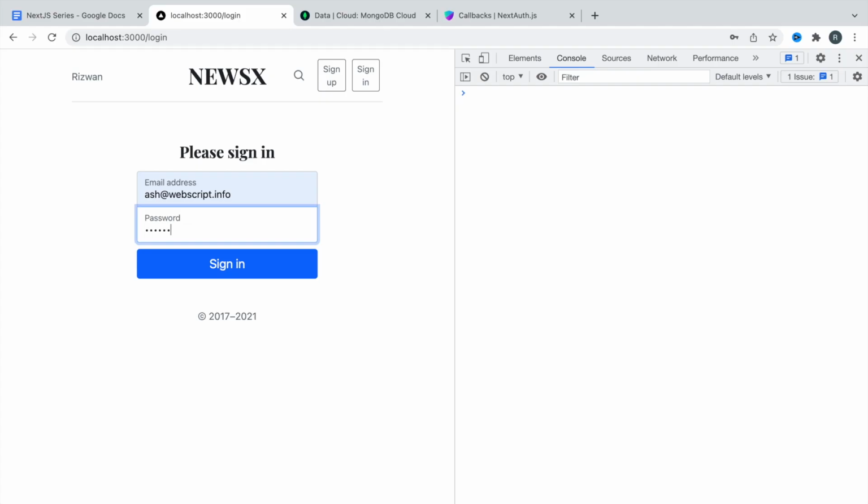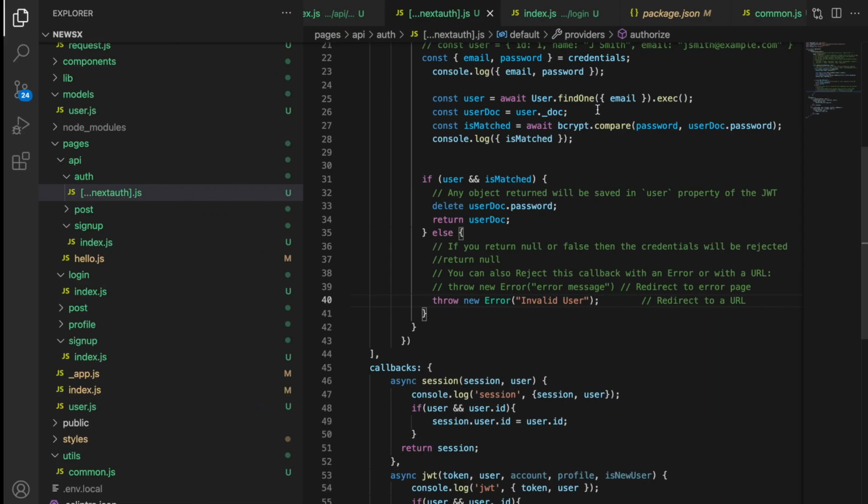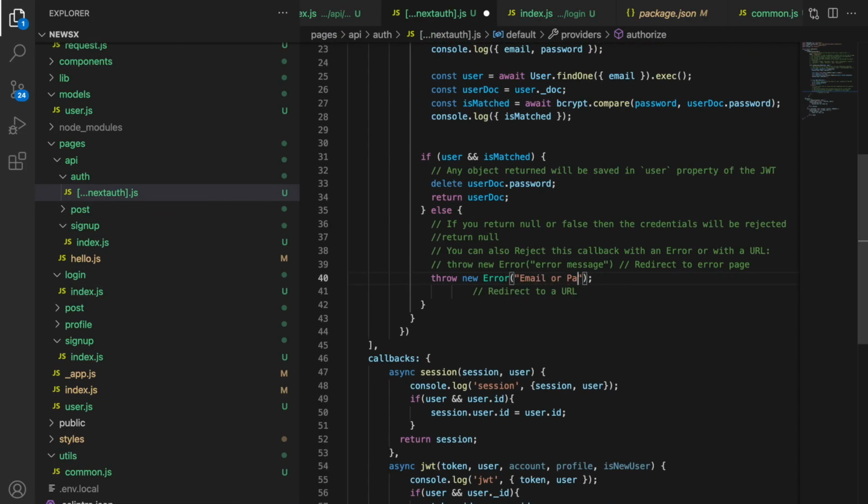Now enter the wrong password and do the sign in. You see, we have printed this result. If you open this result, you're going to see error: invalid user. So if you are authenticated successfully, then you'll get error null. Otherwise, you're going to get whatever message you pass from there, like email or password